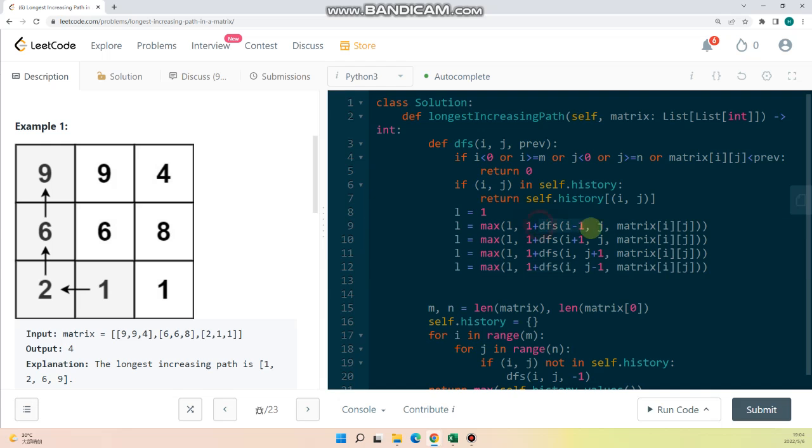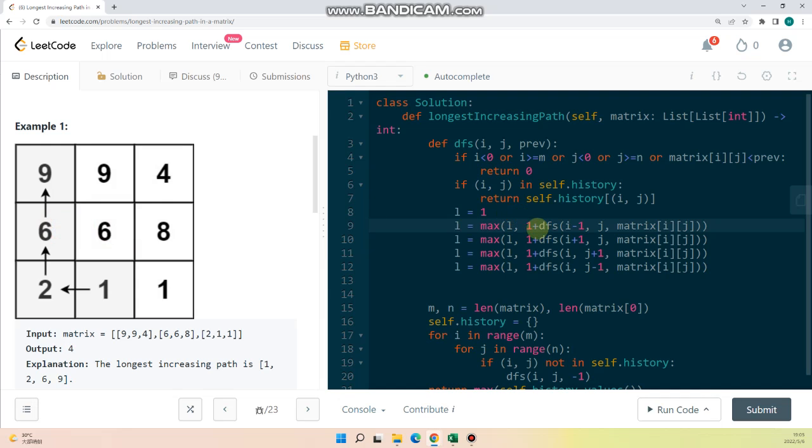Actually, this is just the 4 directions of the movement. For example, we start at this position of the cell, and we try to find the longest path if we move right, if we move down, if we move up, and if we move left,